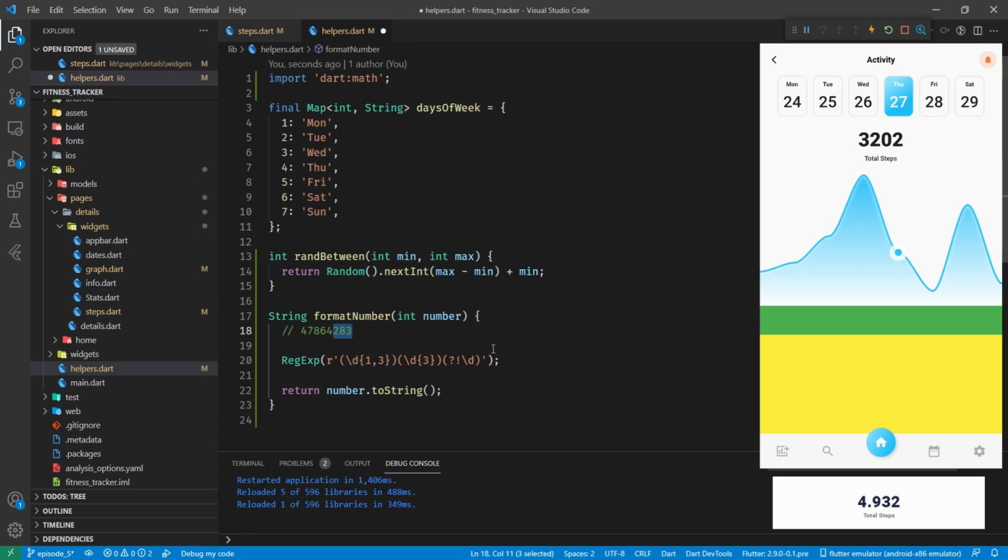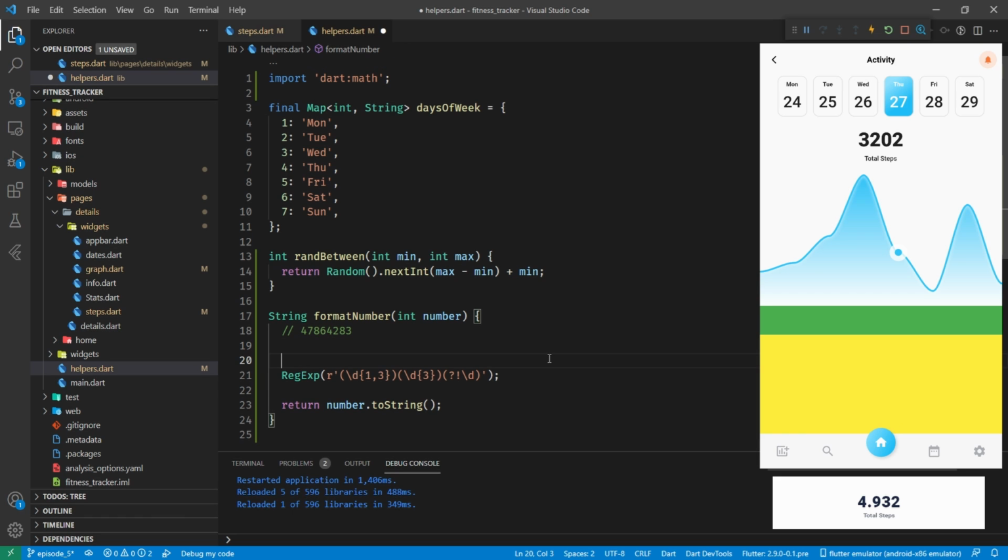And those 3 digits will be part of this group, and those 3 digits will be part of this group. Okay, and that's fantastic. So what we can do is we can run this through a map, a string,